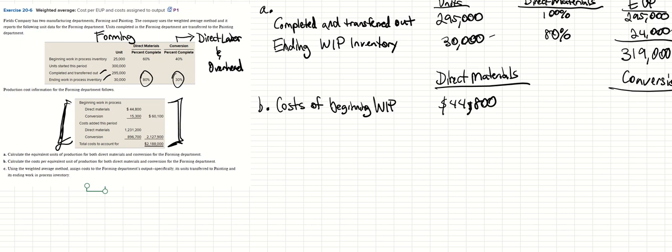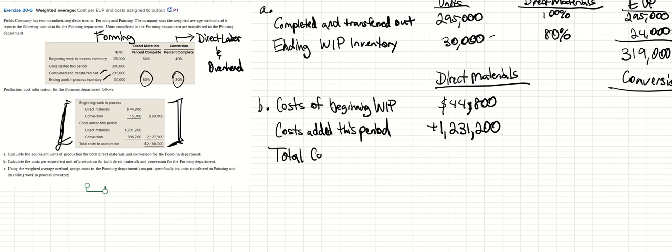Okay, so we're only going to be focused on direct materials. And now we're going to bring in the costs that are added during the period. So that's going to be a plus $1,231,200. Okay, so our total costs comes out to be